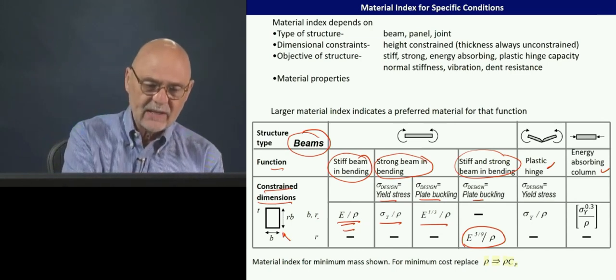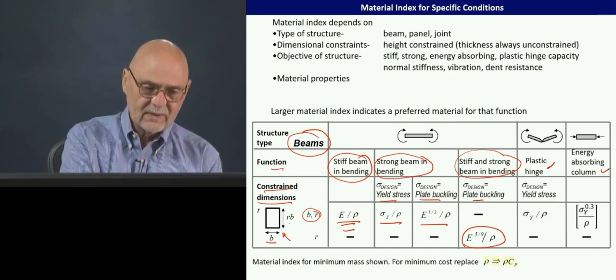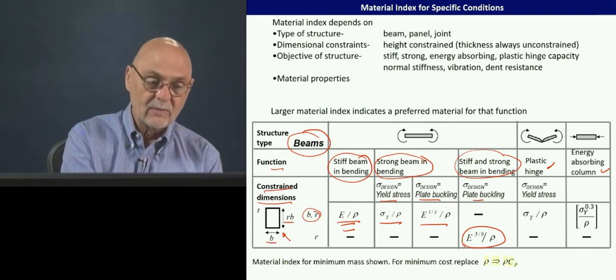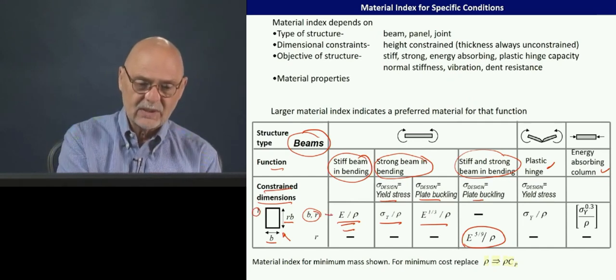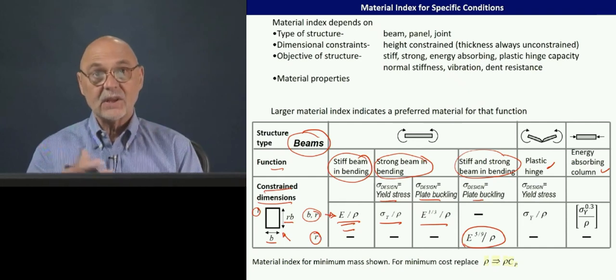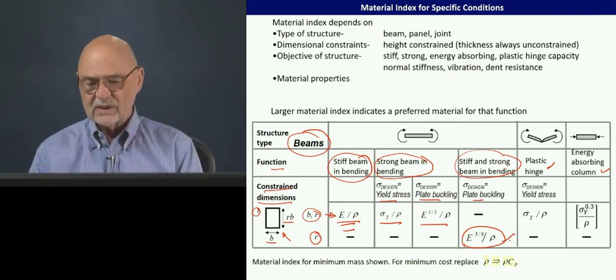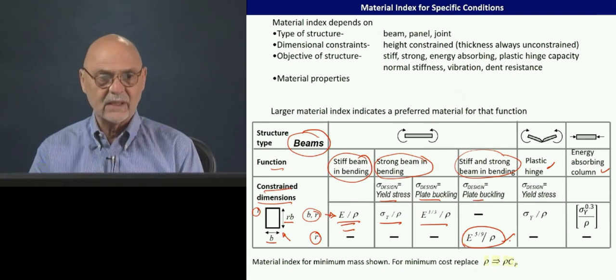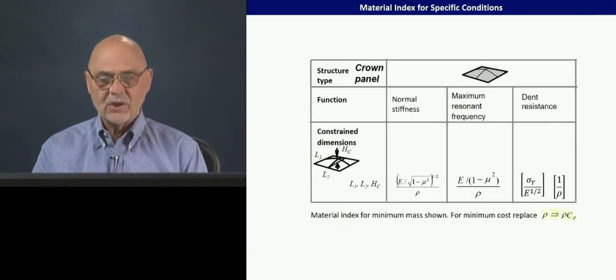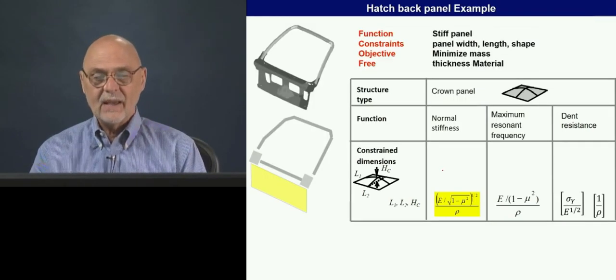Here is if we're constraining both the width and the height, and the only free variable is the thickness, we would be using these. If we're allowing both the thickness and the section height to change, then we would be using that for a material index. So these are for beams. Here's for crown panels, a different set of material indices. So